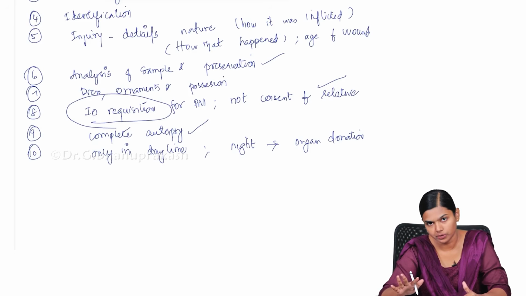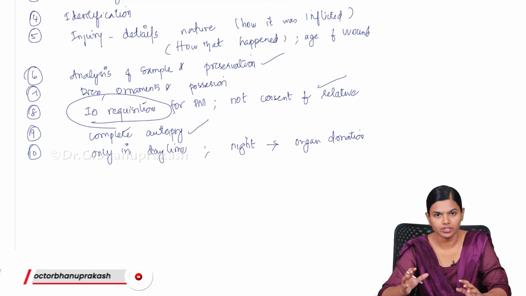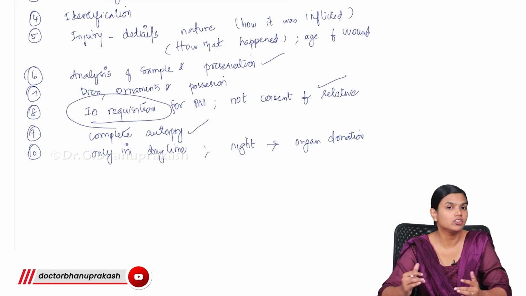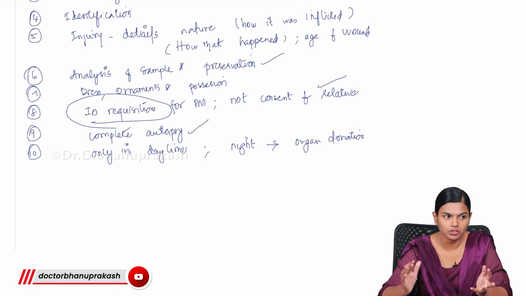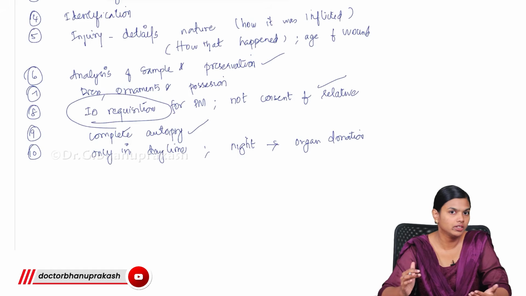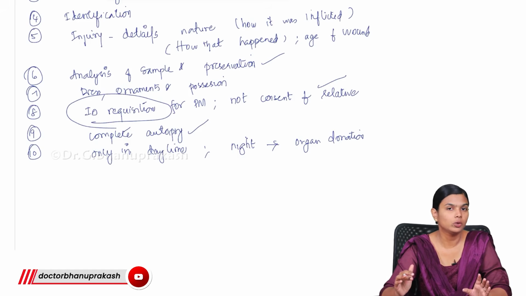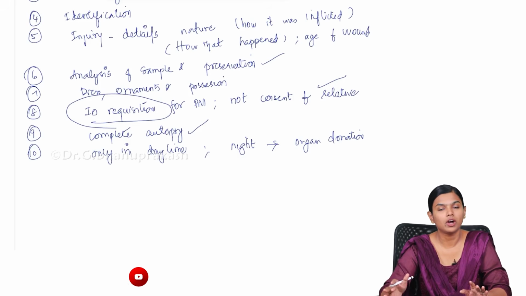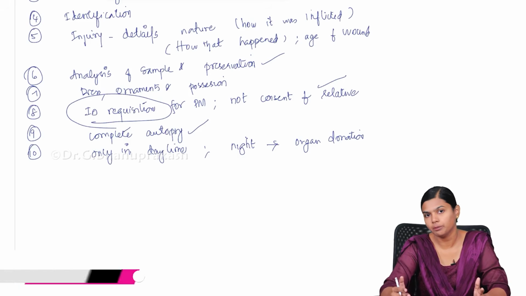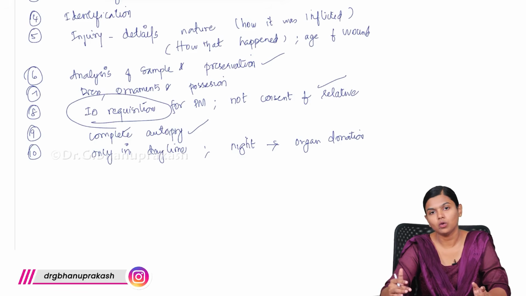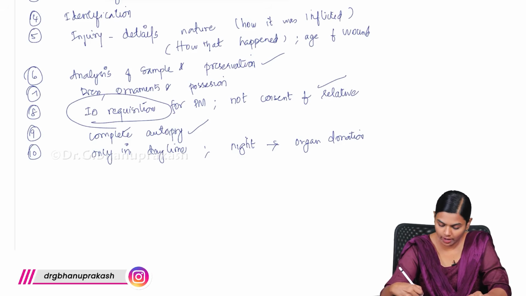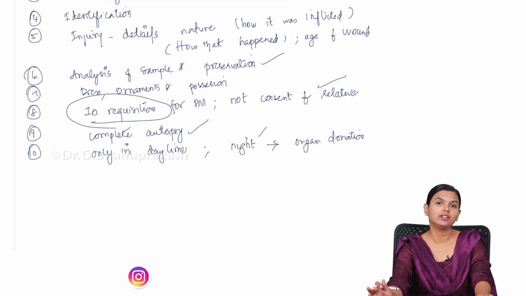We have to do autopsy, but the organ of interest, if they are donating the liver, we should not dissect the liver. We simply do inspection, whether anything is abnormal with the liver or not. We will do the autopsy on all other organs, and we will leave the liver. And once we complete the autopsy, right away in the OT, they will take the case for donation purposes. So under such cases, we can do night autopsy. You don't have to wait till the morning.